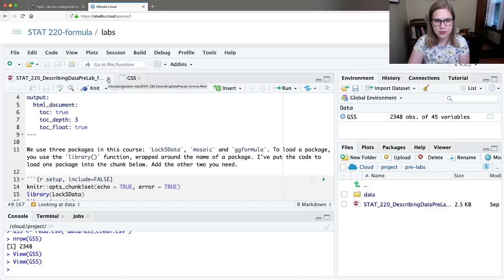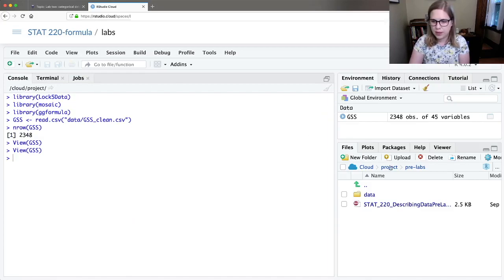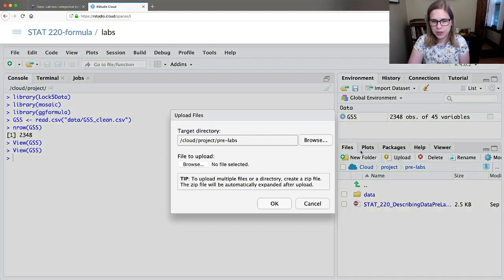The first thing I'm going to do is close last week's pre-lab and close my little data set preview. And then I'm going to go over here. It looks like I'm already in project pre-labs. So this is the folder where I'd suggest you put the pre-lab. If I was in project and I needed to get into the pre-labs, I could click on the link to get into that folder. So I'm going to click upload, and then I'm going to browse and try and find